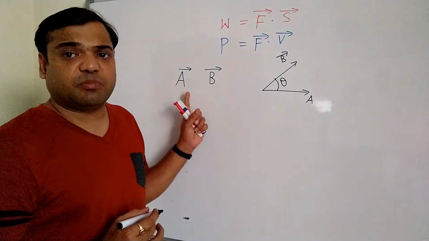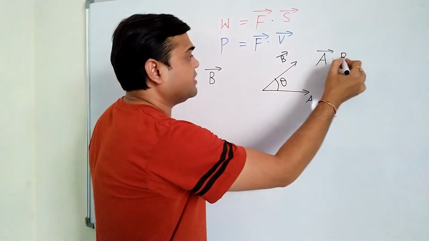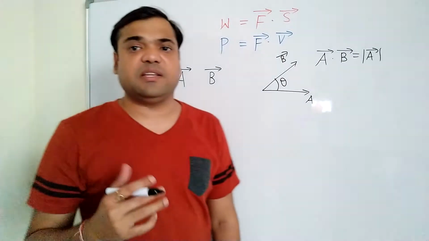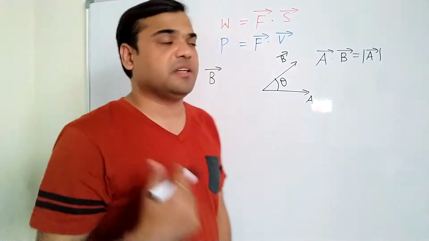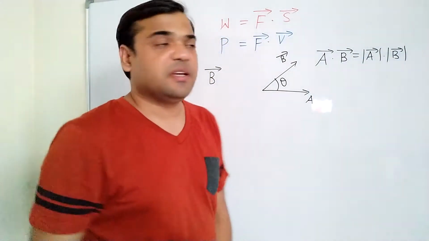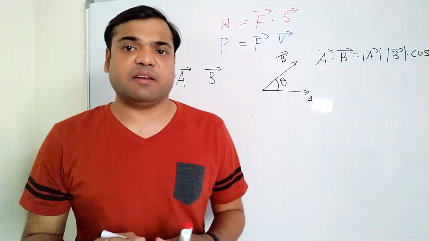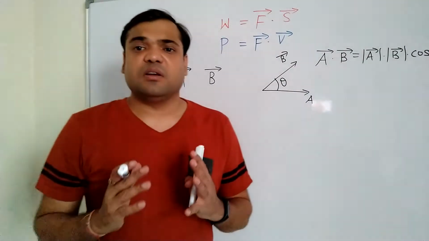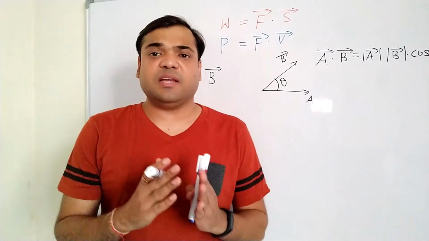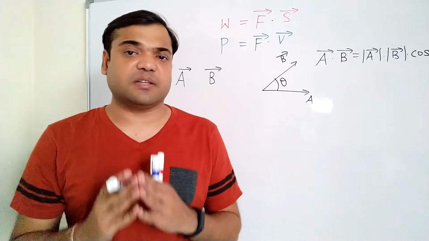Then when we apply the dot product between these two quantities, we can write the dot product of vector A with vector B is equal to magnitude of vector A, which is a scalar quantity obviously because it gives only magnitude, into magnitude of vector B, and into cosine of the angle between the two vectors, that is vector A and vector B. So this is the formula for the dot product between two vectors A and B: magnitude of A into magnitude of B into cosine of the angle between the two vectors.